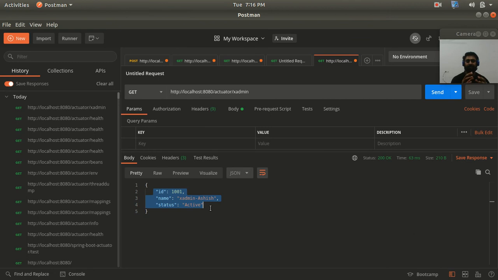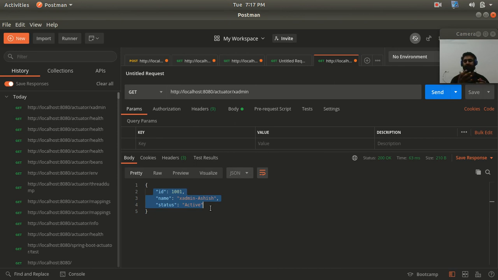So guys, in this lecture we have seen the basics of the Spring Actuator. The Spring Actuator is used to monitor your application in different environments, and it provides different endpoints to get different information about your application. And we have also seen how it is different from Spring Boot version 1. In Spring Boot version 1 we get all the endpoints by default, but in Spring Boot version 2 we get only 2 endpoints by default. And we have to enable all the endpoints ourselves by writing the property in our application.properties file.